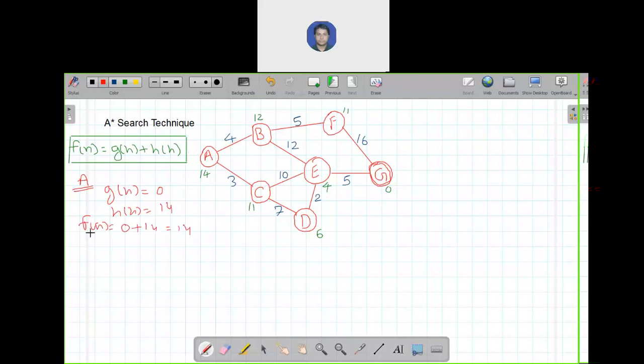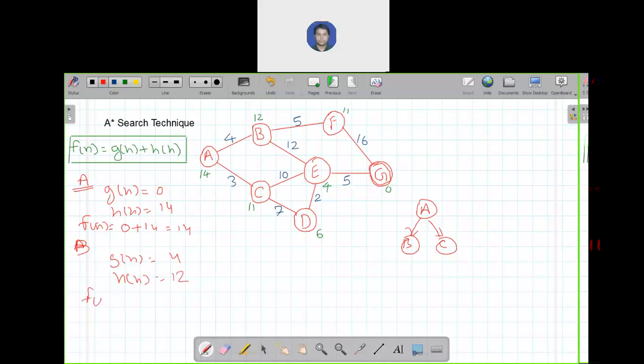Now from state A there are two options. You can go to either B or C. So we will calculate the Fn for states B and C. For B, Gn, the actual cost to reach state B from the start node, is 4, and the heuristic value to reach the goal node from that node is 12.